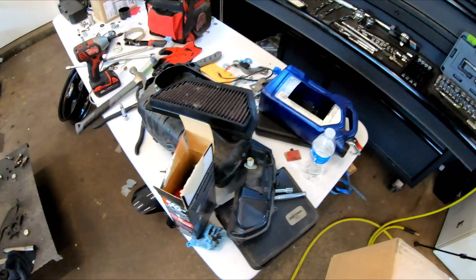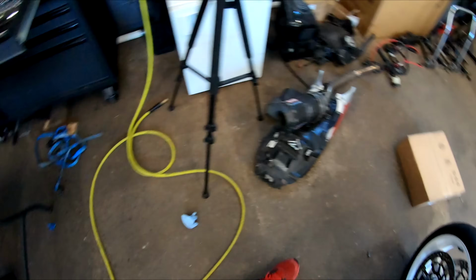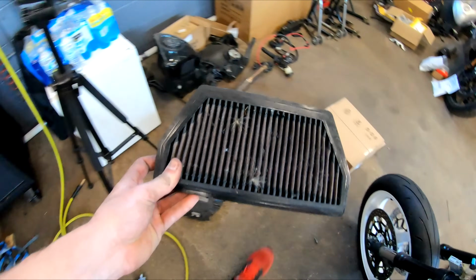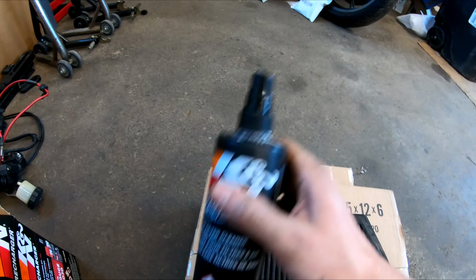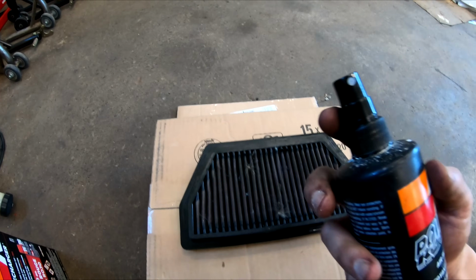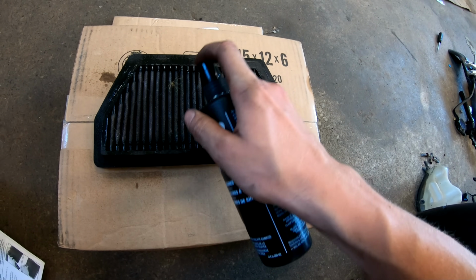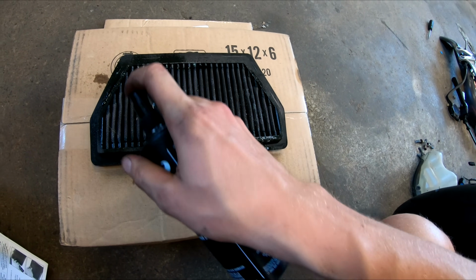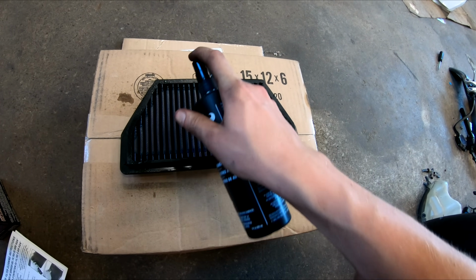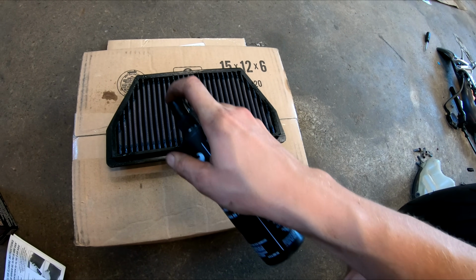So first thing you're gonna need to clean the air filter is a surface to prep it on. Got that old box. We've got the air filter. Throw that right there. We've got our K&N recharge kit. So the directions say to spray the cleaner on both sides of the air filter, and this is just gonna help loosen up all of the dirt and grime that kind of got caught in this air filter. So we are gonna soak this bad boy with the cleaner, and we'll come back in a little bit